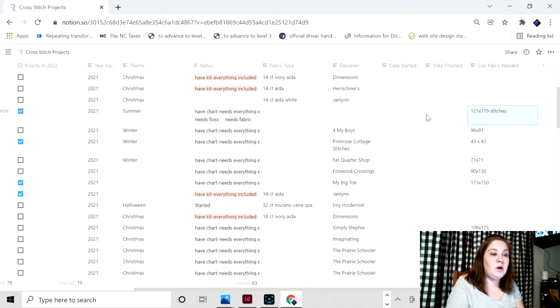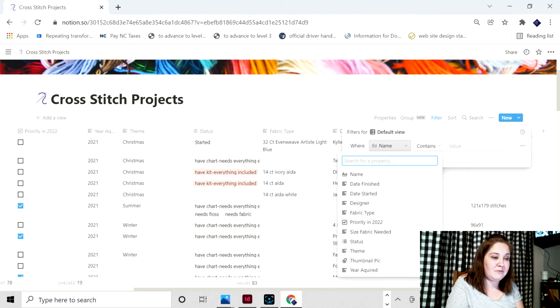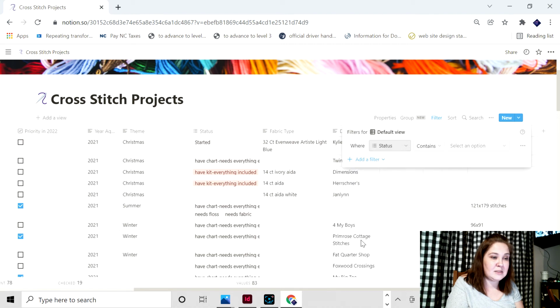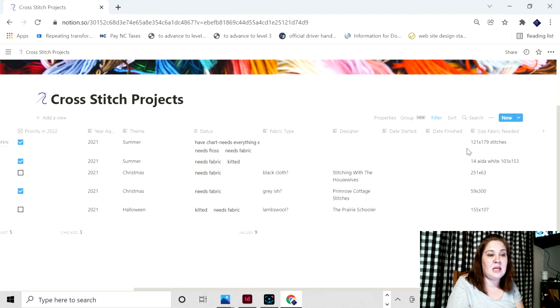So I know that now when I go to the fabric store, and I've gone through all of these, all I have to do is go up to here and apply my filter so that it shows me if the status says needs fabric,